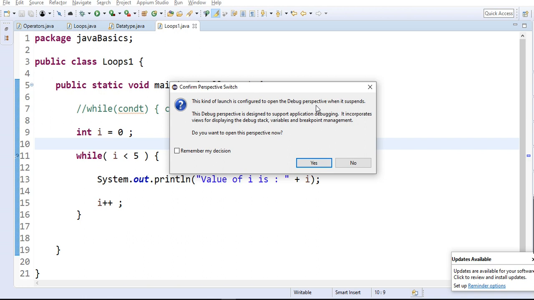Perspective means representation of windows. The way the windows and dialog boxes are open in this particular Eclipse is nothing but called a perspective. So right now we are in the Java perspective. Over here you can see the selection. Now it is asking, do I want to open a debug perspective? Clear? So I click on yes,